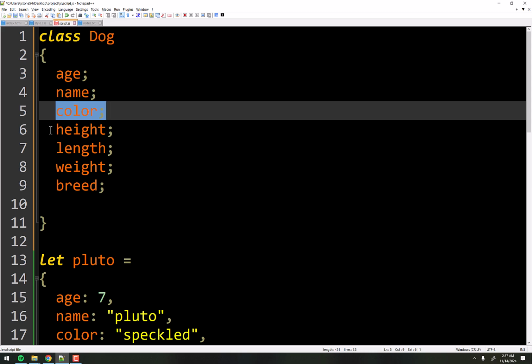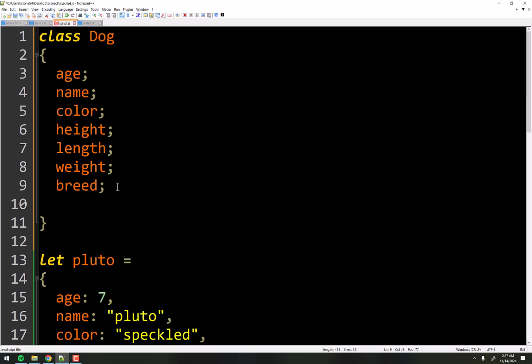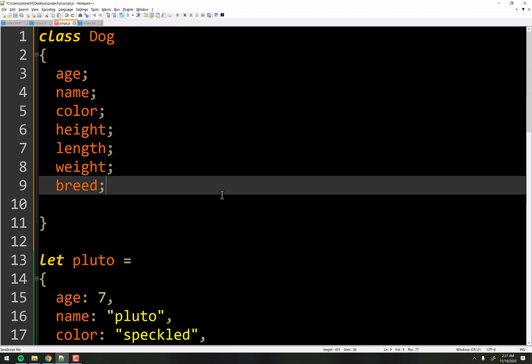I'm looking at my desktop computer here. It has a color property. It's black. It has a weight property. I have no idea what it weighs, but it's got some weight. It's got dimensions, height, width, length, all these things, okay? So I'm thinking about dogs, and they have ages, names, colors, height, length, width, or weight, whatever, breed, and there's probably 1,000 other things I could think of, but we're going to leave it at that. And so that's the properties of a dog.